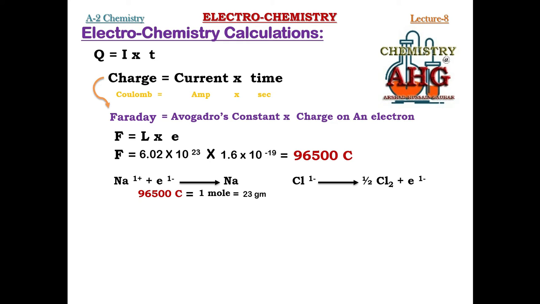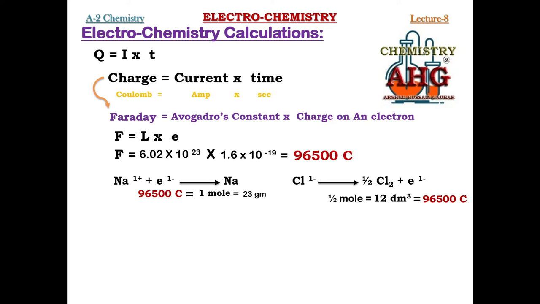Now you can also relate this information. You can see there is 1 mole of electron, so the charge passed during this experiment, it is 96,500 coulomb again. But now you can relate it either with the number of mole or with the volume. So half mole, you people know 1 mole of any gas occupies 24 cubic decimeter volume. So right now we are having half mole of chlorine gas, so we can write 12 cubic decimeter volume, and according to the balanced equation, this can be taken equal to 96,500 coulomb.